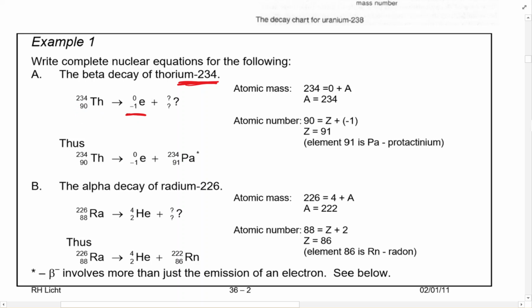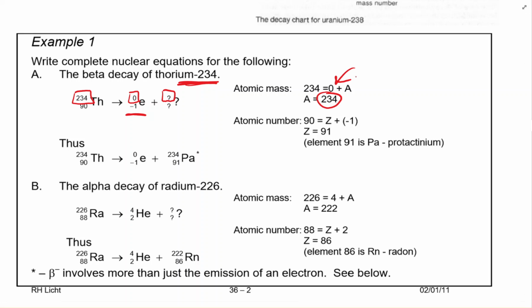Well, what's the missing particle? Well, conservation of nucleons and conservation of charge. So conservation of nucleons, well, there was 234 before. There's got to be 234 after, so this has to be 234, right? You can see a little equation there if you want to look at it algebraically. And then